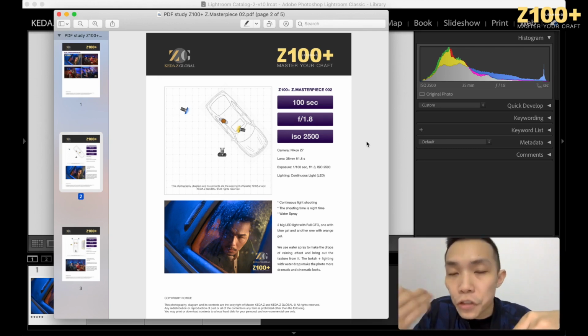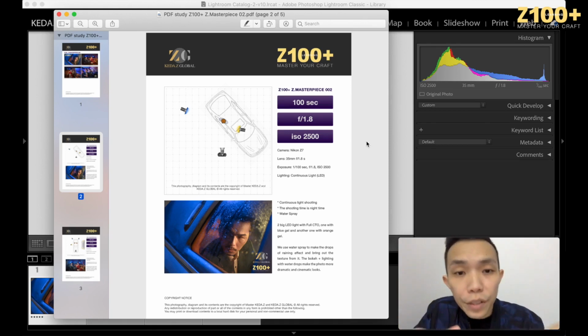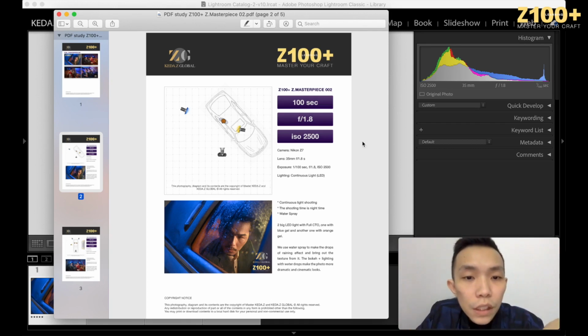Because we cannot change the direction of light in Lightroom, Photoshop, or any kind of software, we have to be very careful about the direction of light when we shoot. So the diagram is for you to study how I set up my shoot. You can see here the first shot, how the light is with the blue gel and the orange gel. We use a full CTO here, so I have written down here the LED with the full CTO. And the camera setting, you can see ISO